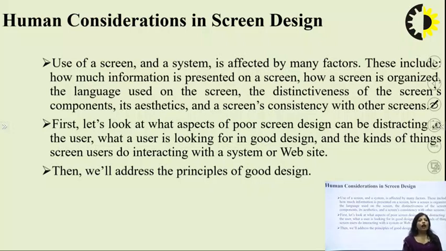Next is screen consistency with other screens. For example, if we have a website, in the website there are multiple pages, like 4 or 5 pages. In these 4 or 5 pages we have to maintain consistency, screen consistency. Screen consistency means